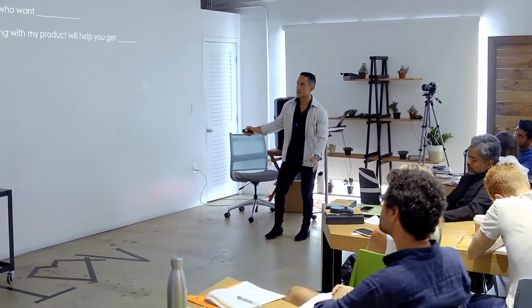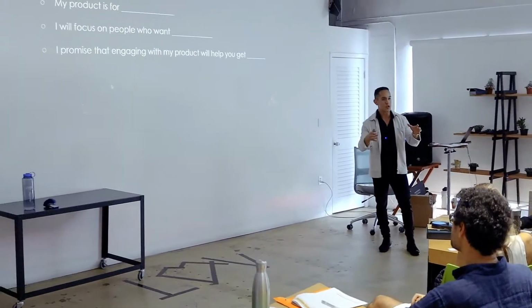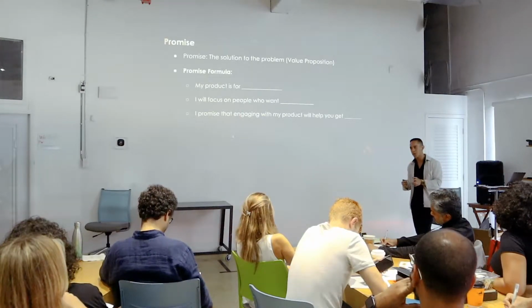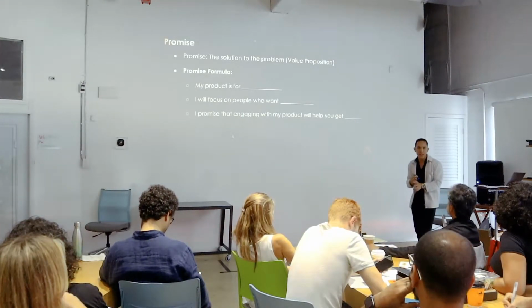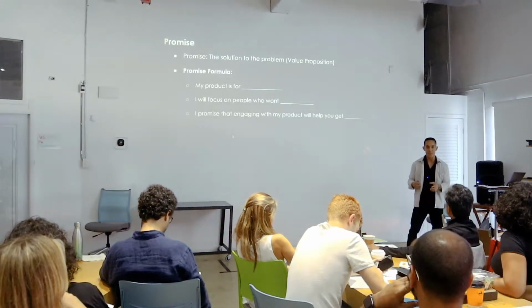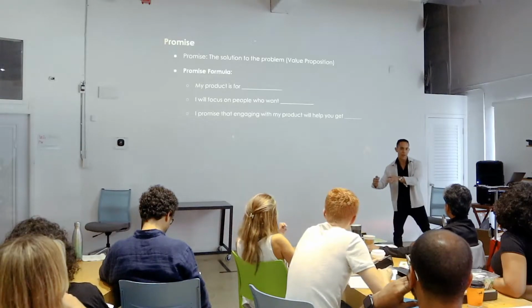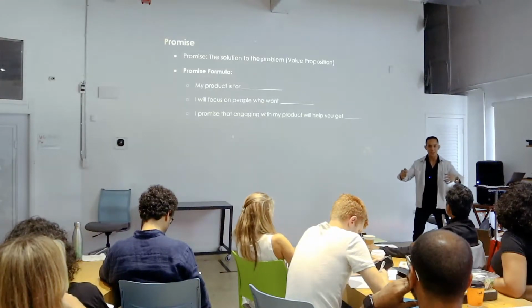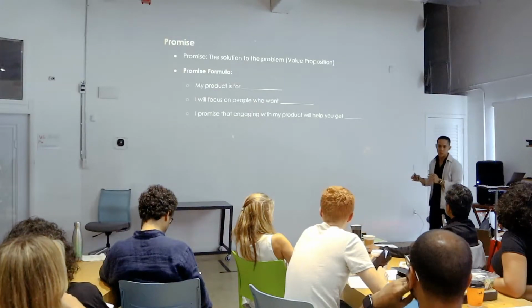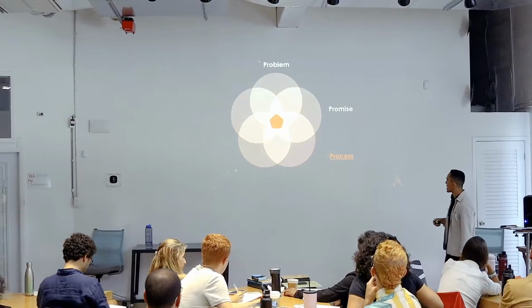So that's a promise. And this is more so that you should have it for yourself inside of the company. It will make sure that whatever you do inside of the company is aligned with that. It's so easy as entrepreneurs to get ideas and maybe we start here and we take our product elsewhere. It's why companies have a mission and vision statement, so they stay on track. So this promise formula will help you stay on track. So let's go to the next one.